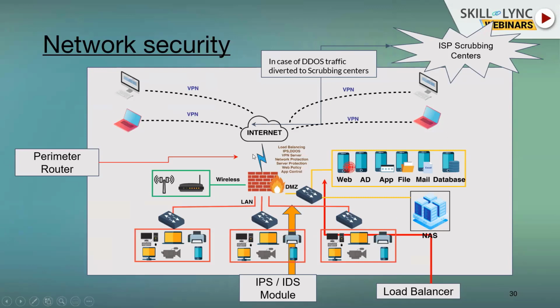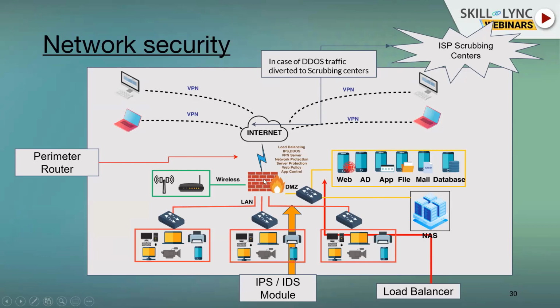And once it reaches the perimeter router, it checks for something called an access control list. So the router would see in its table, a typical database, whether it allows this machine from this source address to access this destination address on this port number. If the action is yes, it permits that traffic, and the traffic hits your firewall. Sometimes the router has an ACL, but mostly it is routing the traffic to the firewall actually. So all the traffic is sent to the firewall.